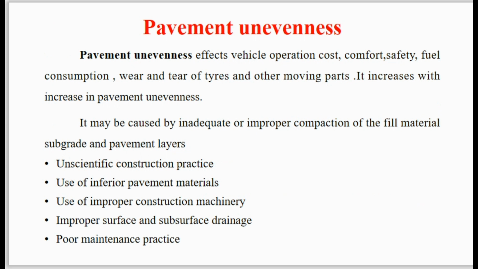Next, we shall discuss pavement unevenness. The higher operating speeds are only possible on an even pavement surface with fewer undulations than on the uneven or poor surface roads. So the pavement surface should be maintained with the minimum possible unevenness so that the desired speed can be maintained in conformity with the geometric designs. The fuel consumption and the wear and tear of the tires and other moving parts also increase with the increase in the pavement unevenness.